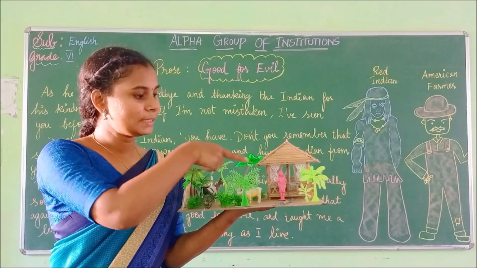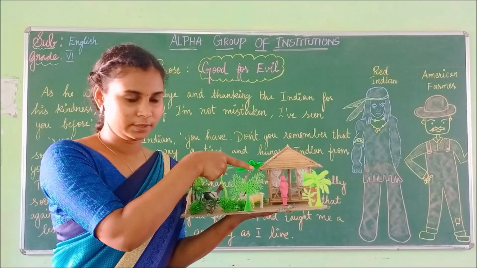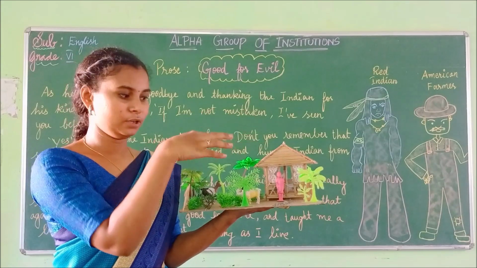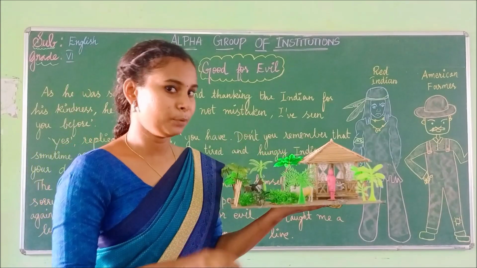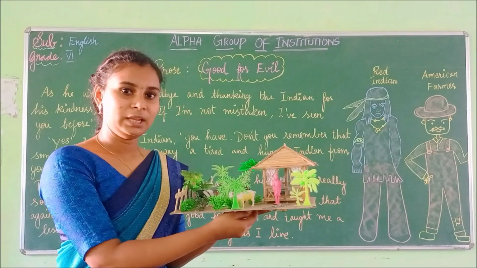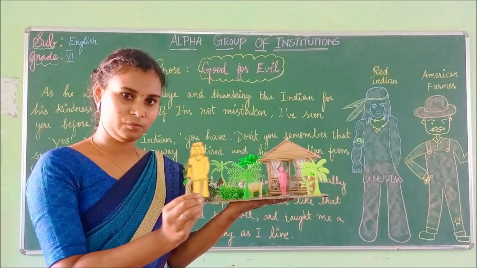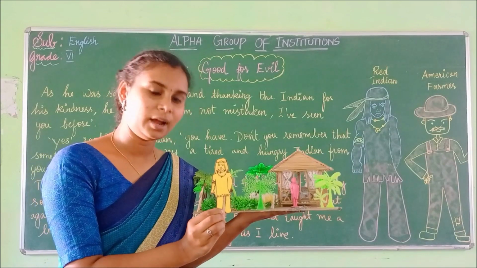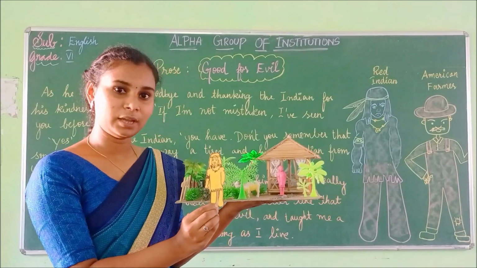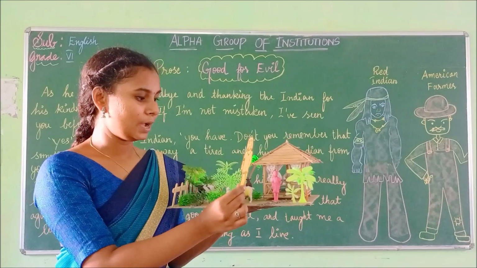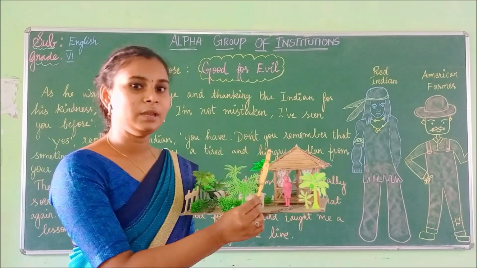Okay. So he is a rich and prosperous person, right? He has a farmhouse and a good house and animals, all that. So he is a rich and prosperous person. And one evening what happens? This Red Indian is walking along the way. He is so tired and hungry. So he wanted to get some help from this American. So he goes and asks if you can give me some food.